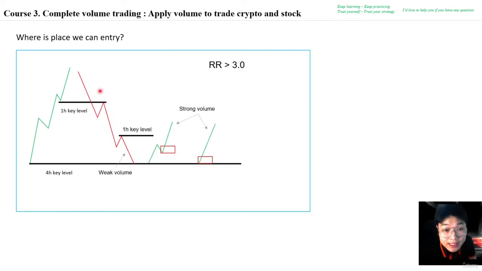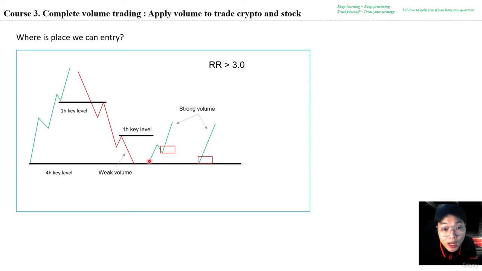When price has come into the 4 hour key levels, the thing you need to see is that the selling pressure in the last pullback wave has weak volume. I mean the group of the volume. You need to analyze the example I already introduced before. And the second thing: when price breaks out of the 1 hour key levels in the down movement, it also has very strong volume. It means that at this time the selling pressure reduces and the buying pressure increases, showing you that the 4 hour key levels are a strong play to buy at this time.